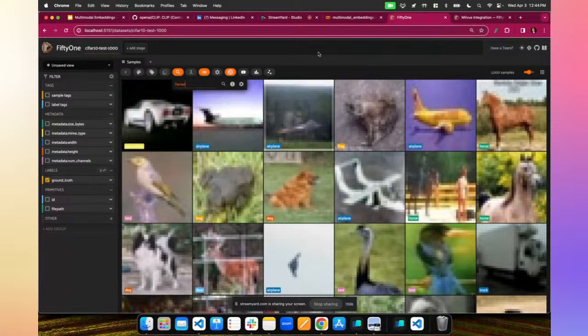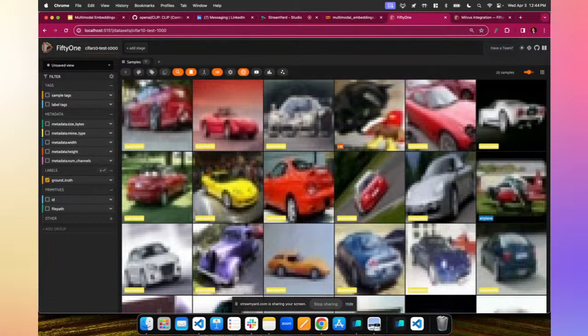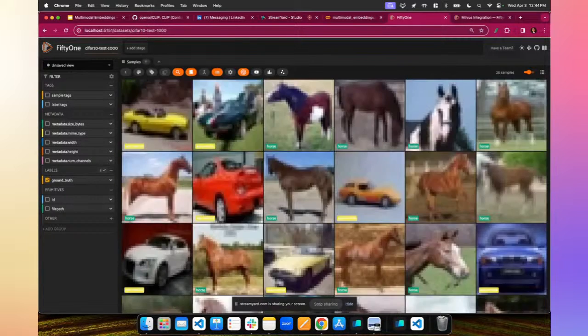Cool. So getting back to it, we can type in Ferrari and we get a bunch of cars because there isn't too much ambiguity around the text concept for Ferrari. But if we type in something like Mustang, we get some cars and some horses because a Mustang is a type of car, but it's also a type of horse. So there's some ambiguity there, and the text concept kind of accounts for both of those. So there's multiple interleaved concepts there.